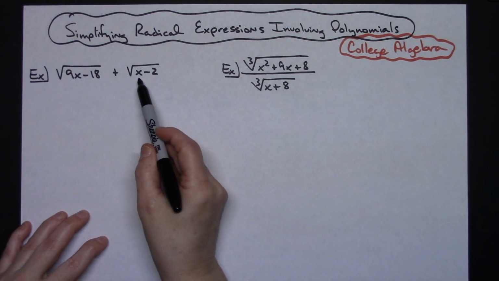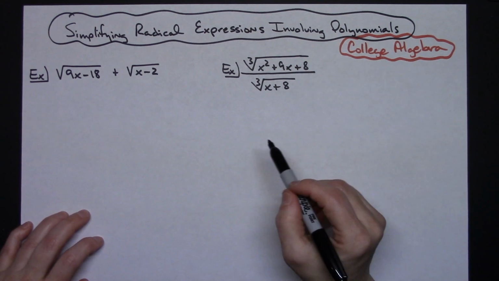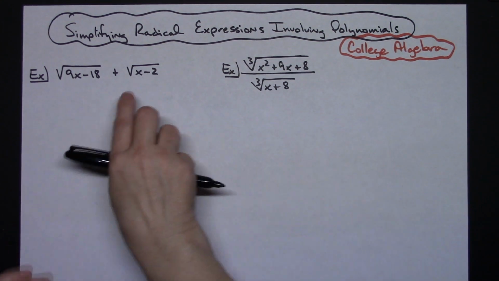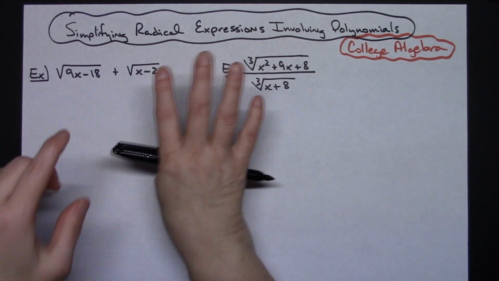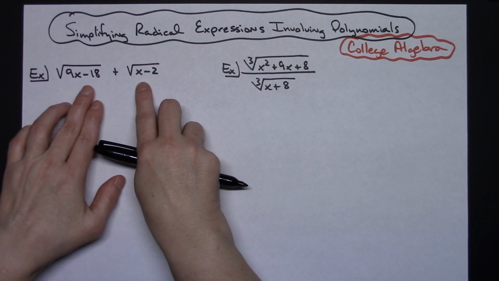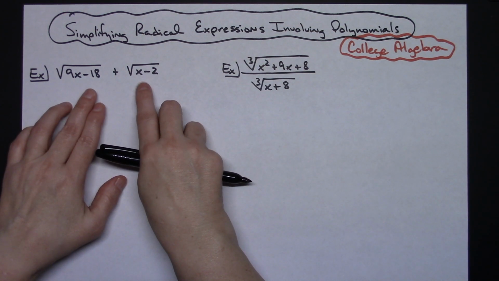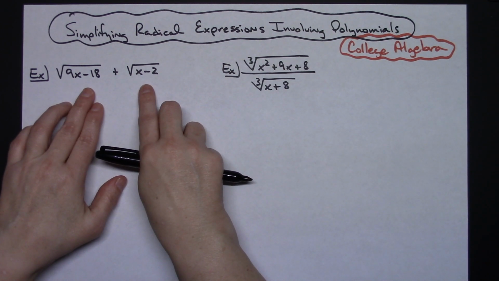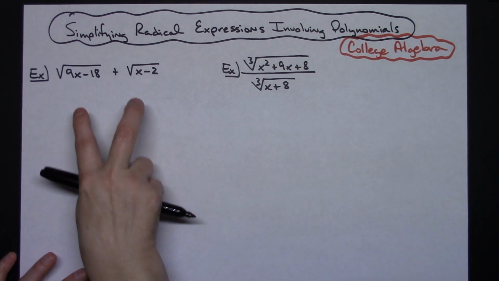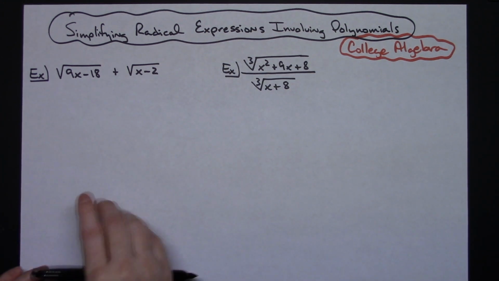So you start having polynomials under your radicals. This would be experienced in a college algebra class. I am assuming that you have a little bit of knowledge working with your radicals to begin with. So here in this problem I'm trying to add two radicals. Well, to be able to add or subtract radicals you have to have like radicals. As it sits right now, you do not have like radicals. So what you're going to do is start your algebra manipulation with those polynomials to make them alike.